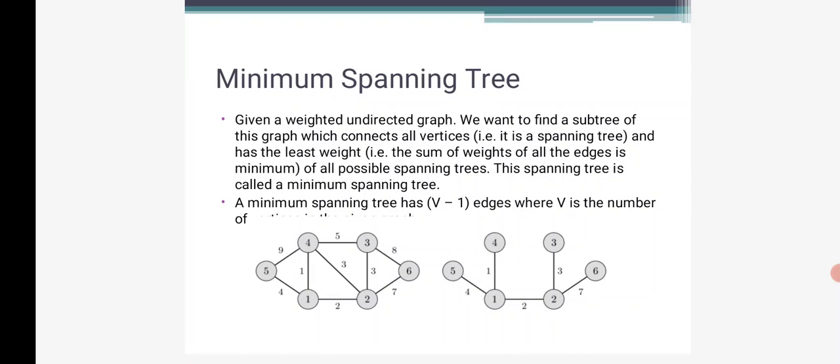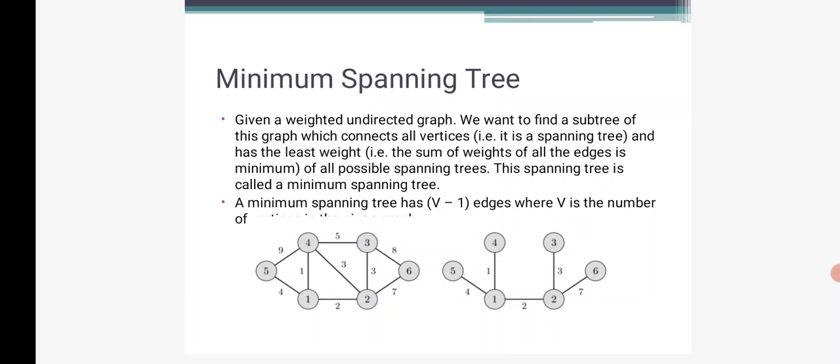Here we have 6 vertices and the weighted edges have been given here. We are going to draw a spanning tree for the weighted graph. First, vertex 1 is taken, and the minimum edge for 1 is 1, so 1 and 4 are connected. Then the other minimum edge is 2, so 1 and 2 are connected. Next, the minimum edge is 3. Though 1 and 4 are already connected, we don't need to connect 2 and 4, so we connect 2 and 3 as an edge.